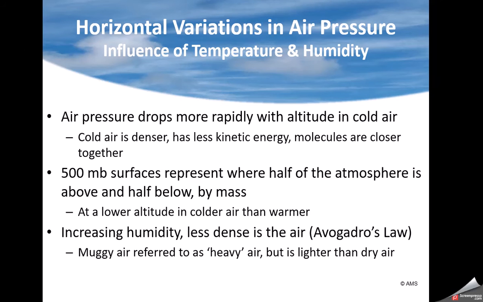So now that we've shown that, another aspect of this is the more humid the air is, the less dense it is. Water vapor is less dense than most of the other different types of gases that make up the atmosphere. So it's going to be a little less dense than, say, a very dry air mass. So that's why in the summertime, hot, humid air is actually less dense, has less friction than very cold air in the wintertime with high pressure.